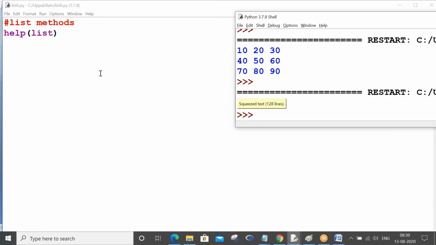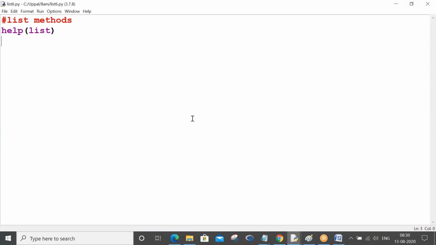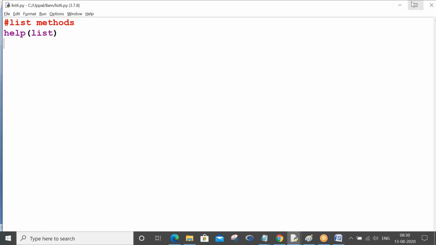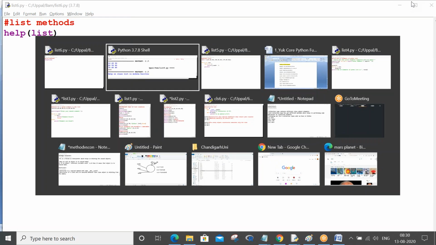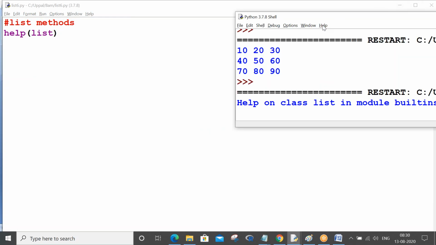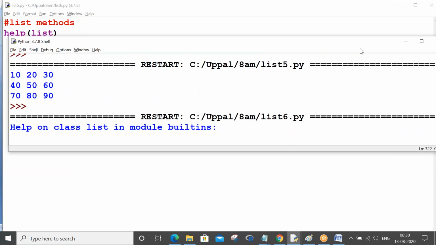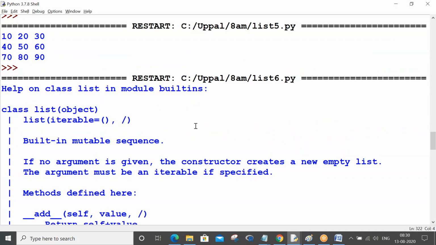Can you see what help list is giving for me? Squeezed text, 128 lines. Okay, double click on that. Now can you see help on class list in module built-ins?